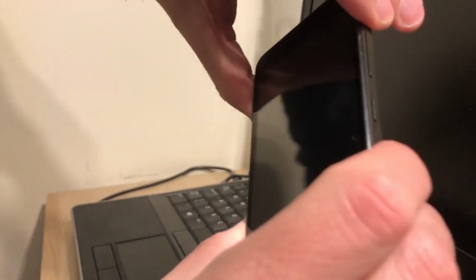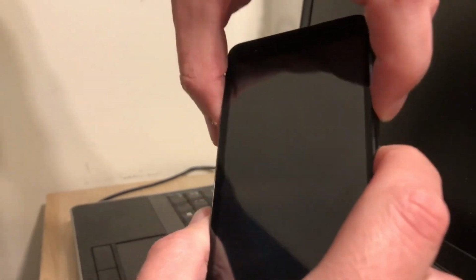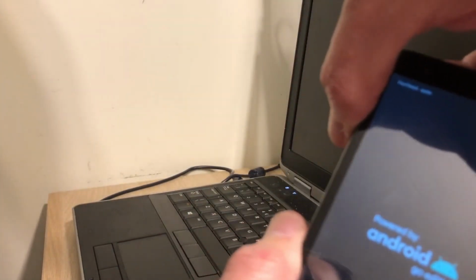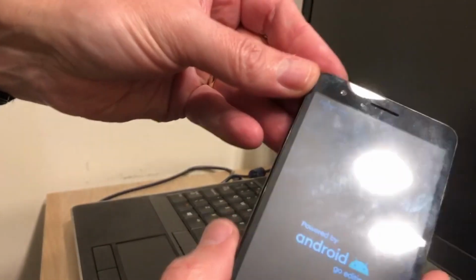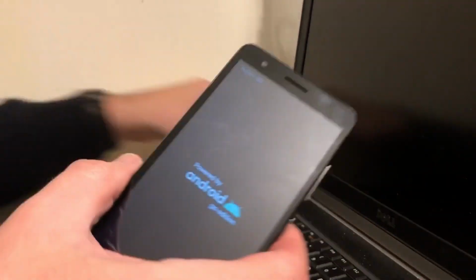To get into fastboot mode, you have to press the power button and the volume down button and hold them. And you can see it's come up now, fastboot mode. So let's connect it to the computer. You can hear the computer recognise something, and just to show you,